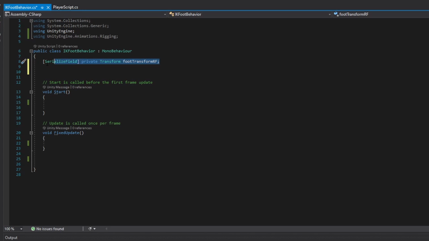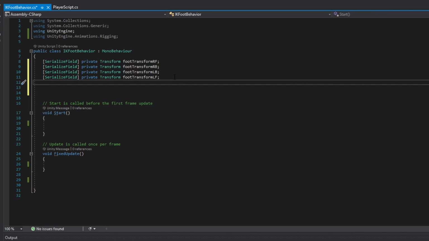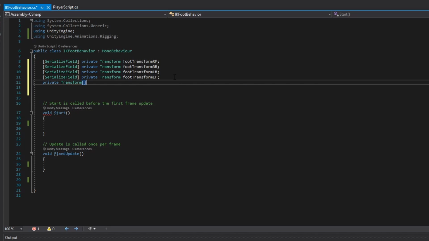Okay, so I'm just going to take this guy. I'm going to copy him like that. And I'm actually just going to change these, and I typed them at the end so that it's easy to change everything all at once. And then I'm going to make a new array that will house each of these transforms. So private transform. Those little brackets are signaling that it's going to be an array, and we're going to call